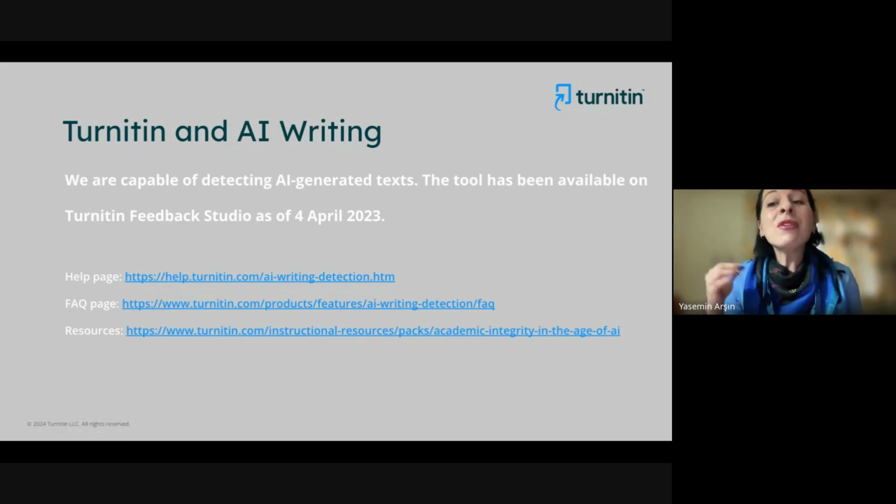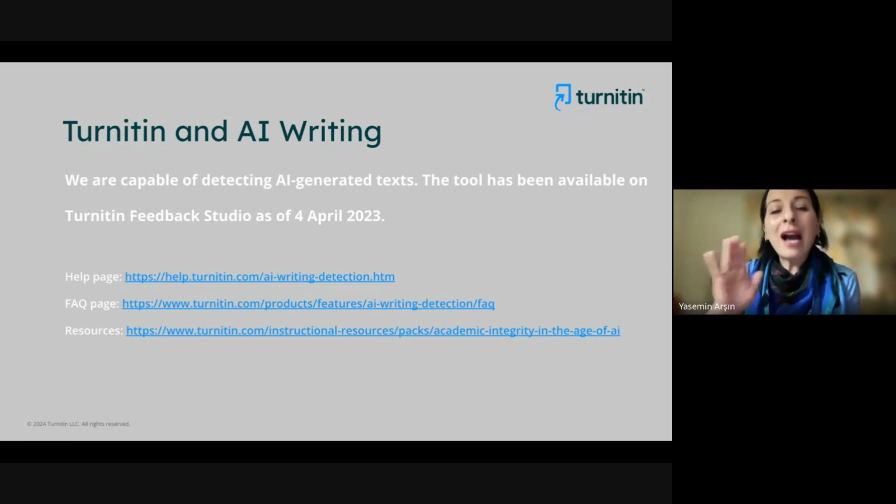Right now, the AI report is not visible to students because Turnitin would like to make sure that every, or at least the majority of the educational institutions all around the world are completely fine with their academic integrity policies regarding the use of generative AI tools. That is why it will depend on you to share the report with your students or not. You can download it from your account, you can share it electronically, you can print it, and you can maybe share it in your office hour with your student.